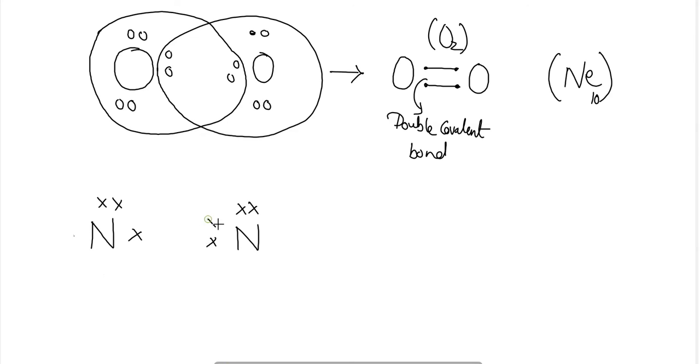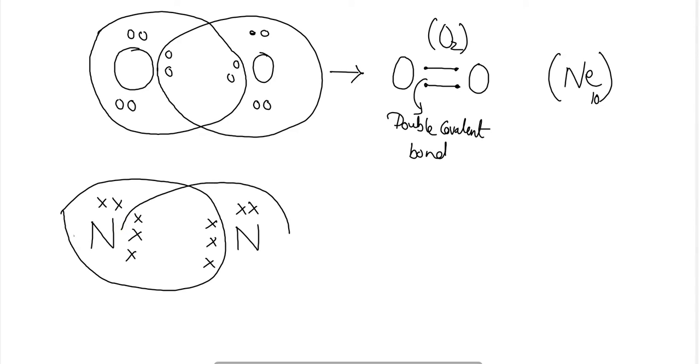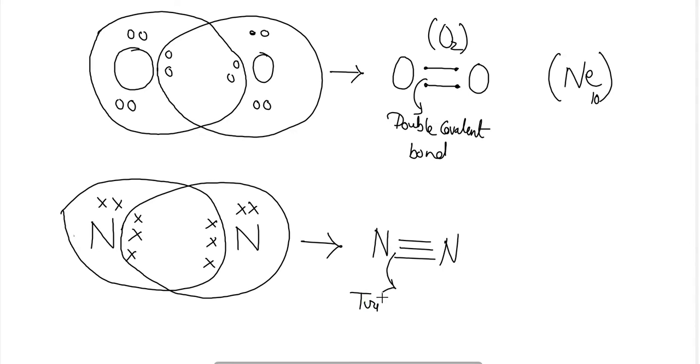So here the sharing of electrons between the two nitrogen atoms will take place, and each nitrogen atom will share how many? They will share 3 electrons with the other nitrogen atom. So here 3 electrons are being shared between two nitrogen atoms, and per nitrogen atom there are 3 sharing electrons. So here 3 covalent bond pairs are formed, which is represented by 3 bond signs between two nitrogen atoms, and this is termed as what? This is termed as a triple